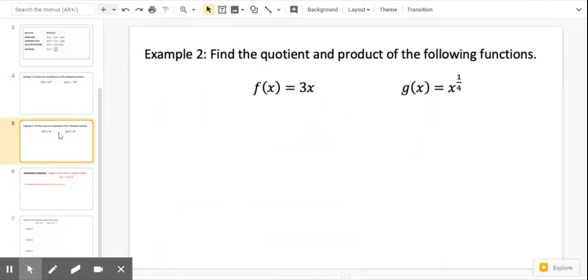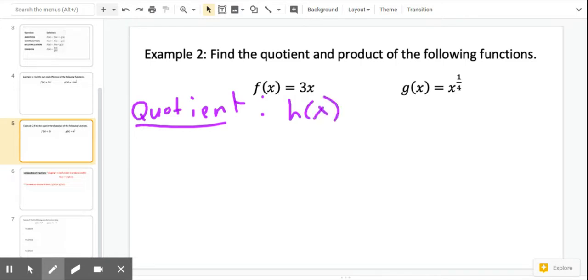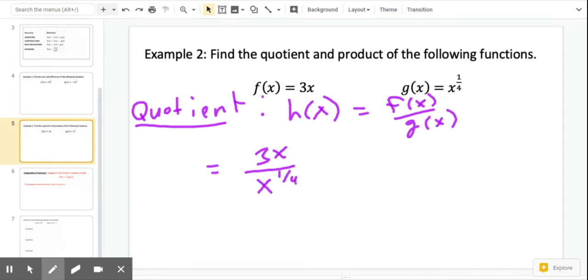Let's move on. We're going to find the quotient and the product of the following functions. Let's start with quotient. And as we know, quotient means division. And for division, order matters. So I'm going to do it in the order they gave us. So f of x was first, g of x was second. So we're going to do f of x divided by g of x. So this is equal to 3x over x to the 1/4. So now we need to do